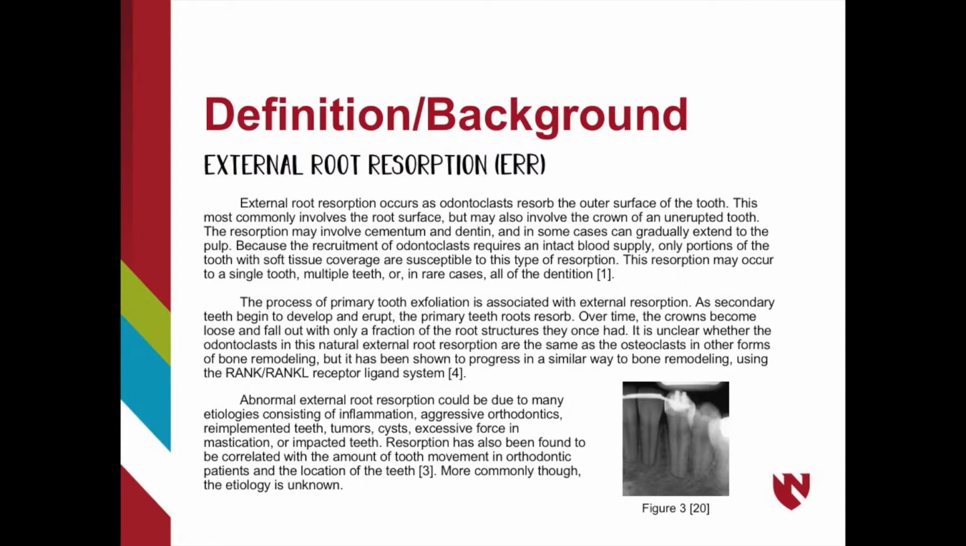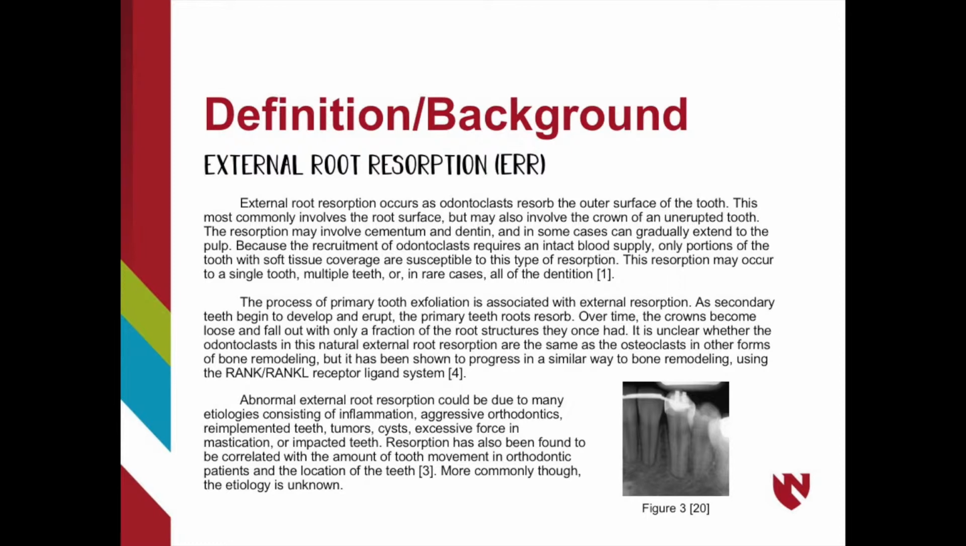The process of primary tooth exfoliation is associated with external resorption. As secondary teeth begin to develop and erupt, the primary teeth roots resorb. Over time, the crowns become loose and fall out with only a fraction of the root structures they once had. It is unclear whether the odontoclasts in this natural external root resorption are the same as the osteoclasts in other forms of bone remodeling, but it has been shown to progress in a similar way to bone remodeling using the